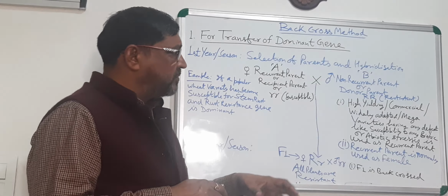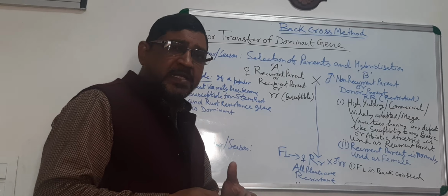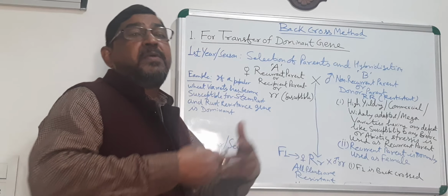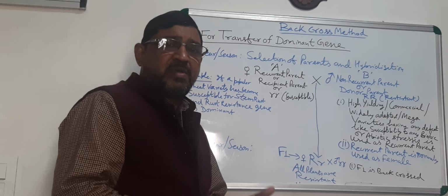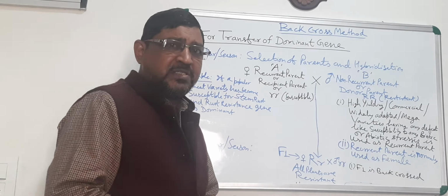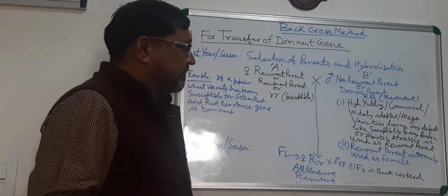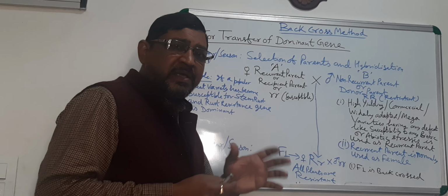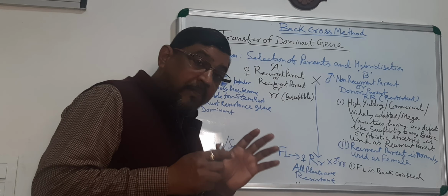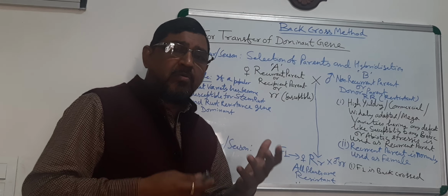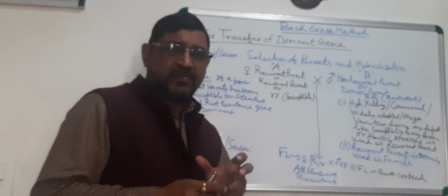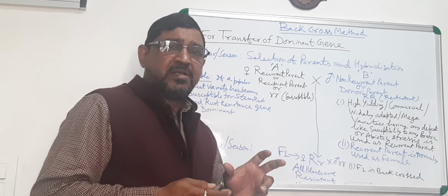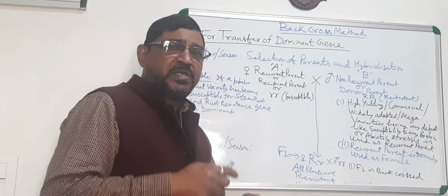So we have taken that donor parent, maybe land races, maybe wild relatives, maybe your cultivated varieties, maybe high yielding varieties, other varieties which have that gene. You take it as a male donor. Generally we take it as a male because most of the genes are located in the nucleus, so nuclear genes. Generally we are concerned with the nuclear gene which is going to be transferred, but sometimes we require the